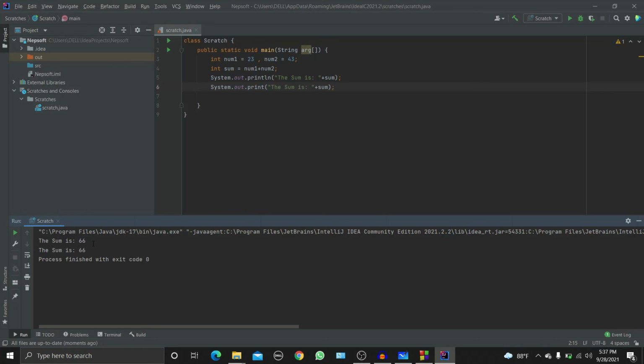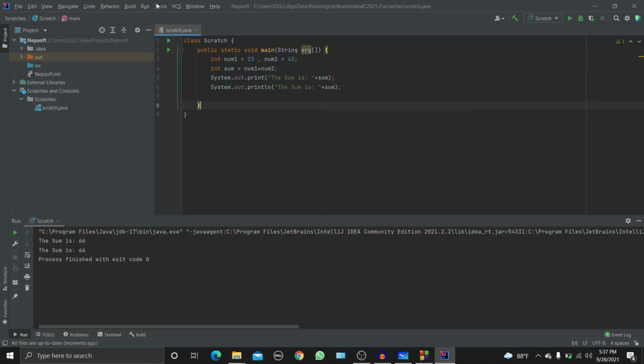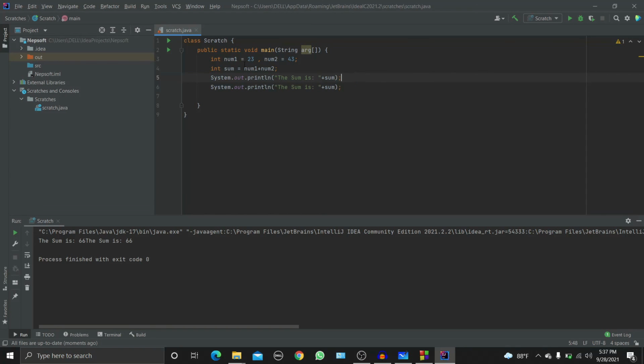At the end of the line it gives one line break and starts another line. But if we do the same thing over here, and we remove this println and put print here, just save. So we have two outputs printed in the same line. So in the println function, ln is used to break the line at the end of the statement.